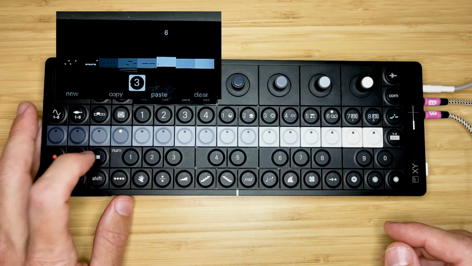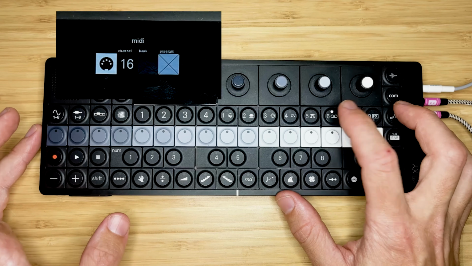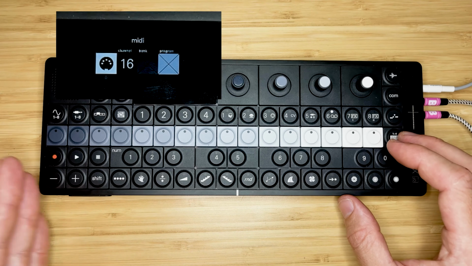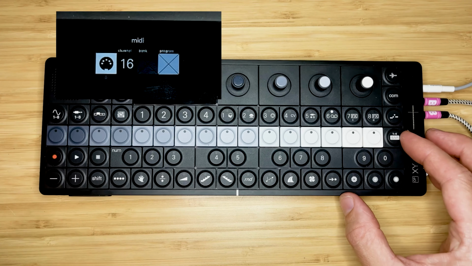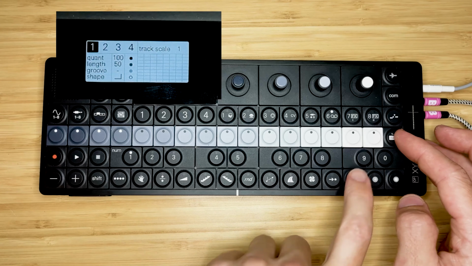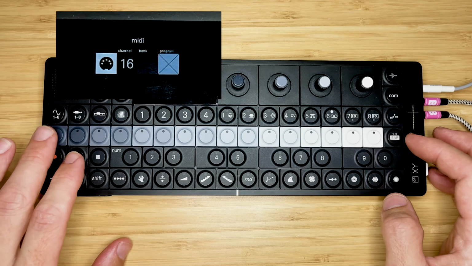It's pretty wild. So what we're going to do now is randomize this using step components. First, we don't want it to change so quickly. We only want it to change every bar. There's a couple of ways we could do this. This one is pretty simple, so we can just change our track length to 16, which means that every step